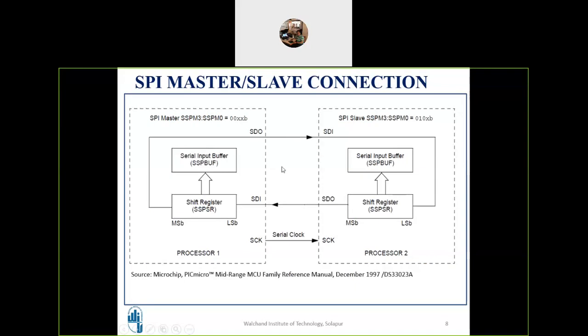Three pins are shown here. One more pin is slave select, which is also available for SPI mode itself. If you want to have multiple slaves, that slave select pin will be used. So this is an important aspect of synchronous communication: you can have a device as master, and the device which works as master will generate the clock, and that clock will be available to other devices for synchronization. And then you can have either transmission or reception by the master, as well as the slave can receive data and the slave can transfer data.